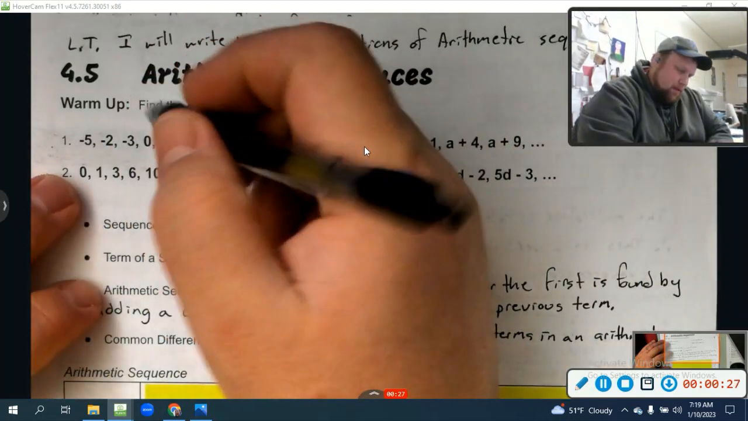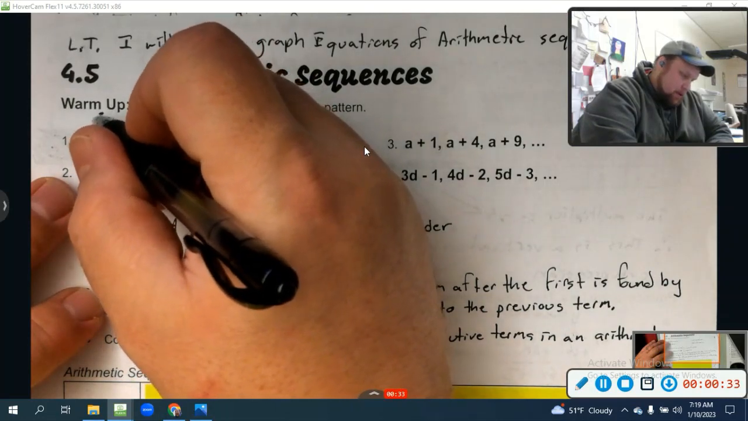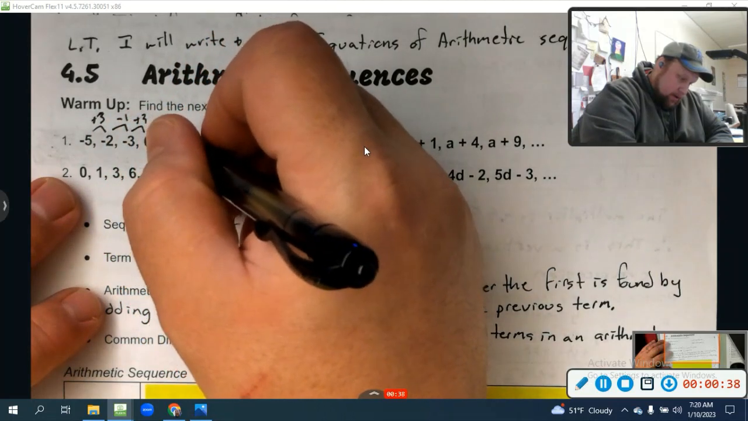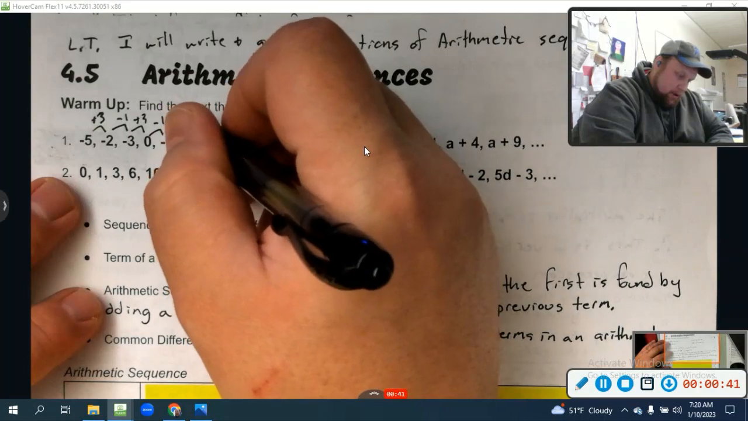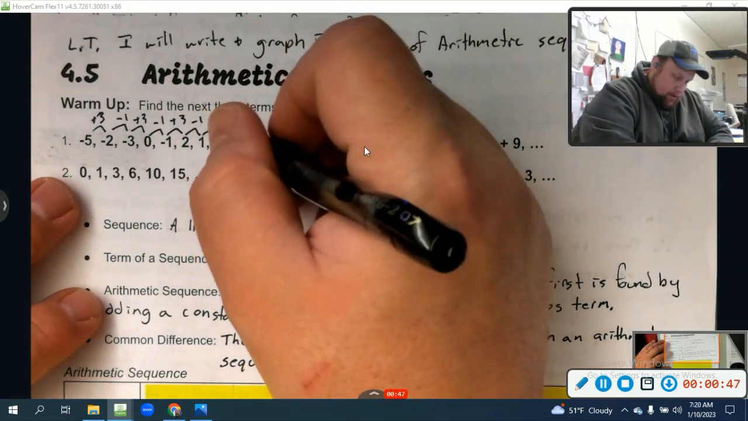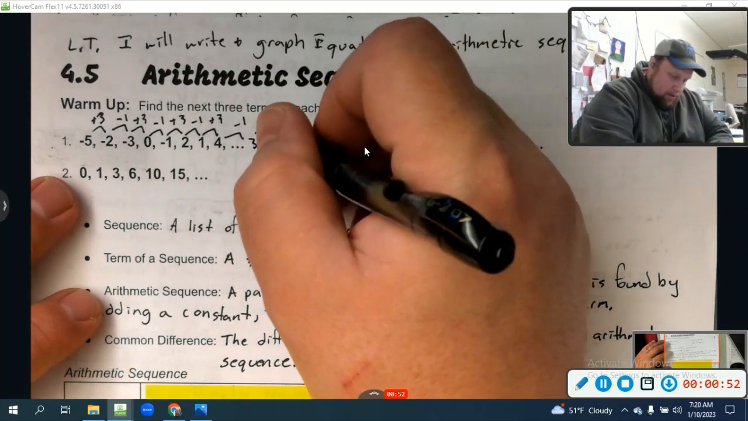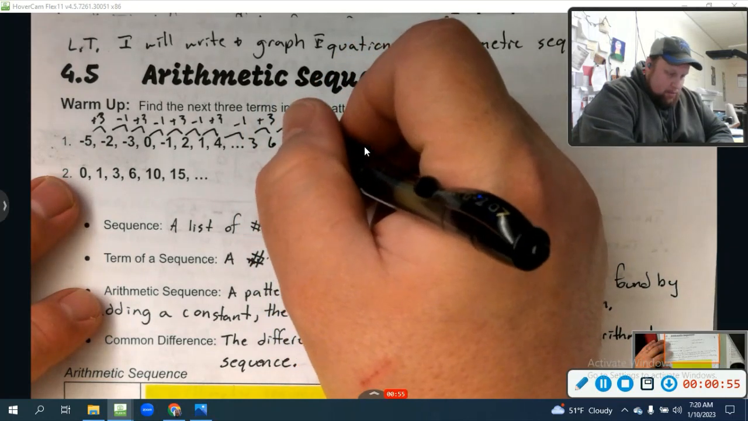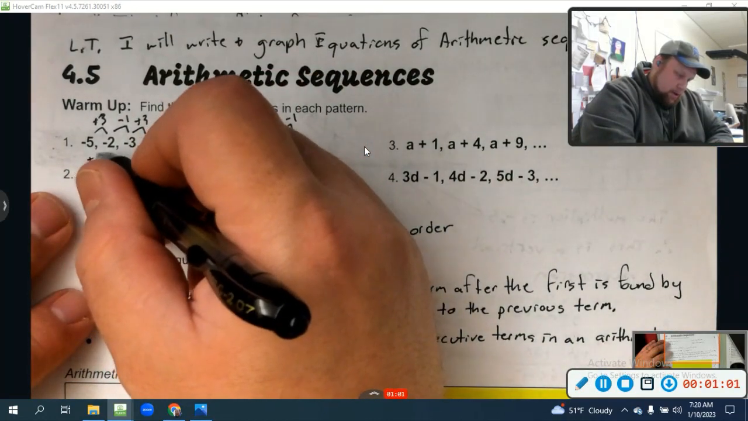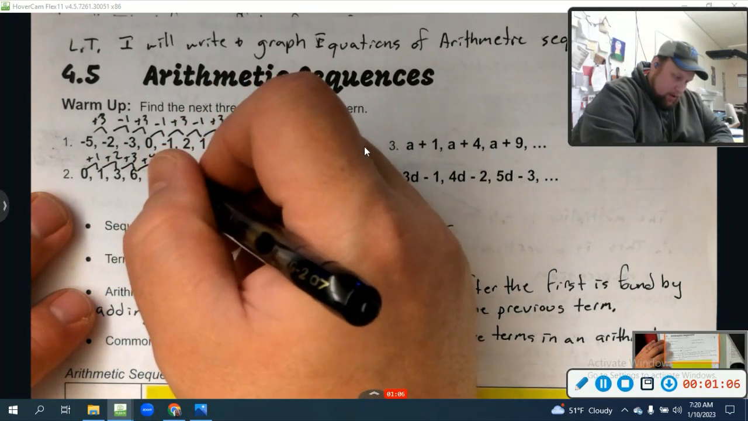Okay. So let's find the pattern. This is plus 3, minus 1, plus 3, minus 1, looks like a pattern. So it's going to be minus 1, should go to 3, then it's going to go plus 3 again, which is 6, then it's going to go minus 1, which is 5. Boom. For number 2, let's see, plus 1, plus 2, plus 3, plus 4, plus 5, okay,